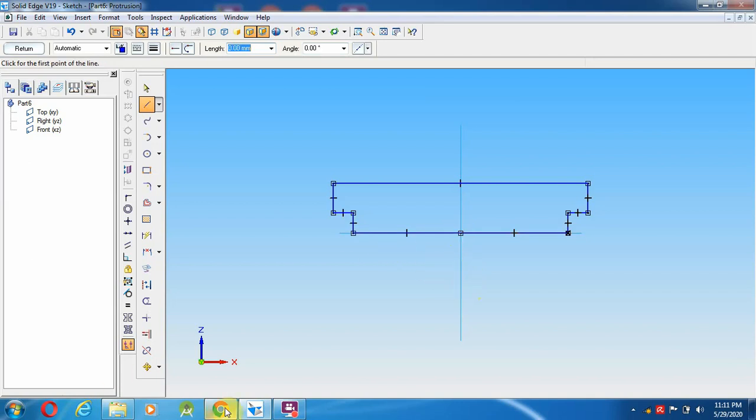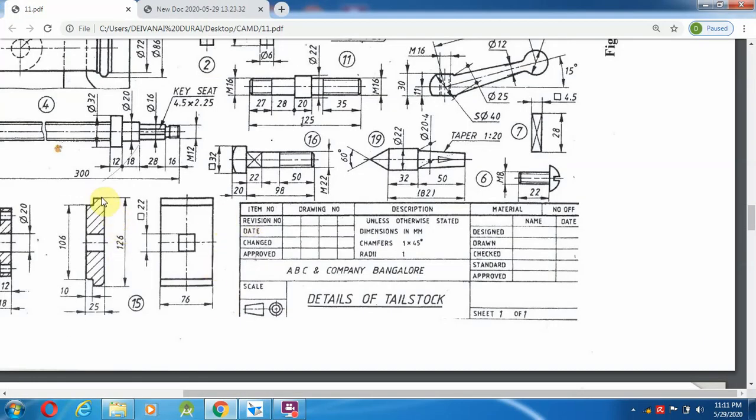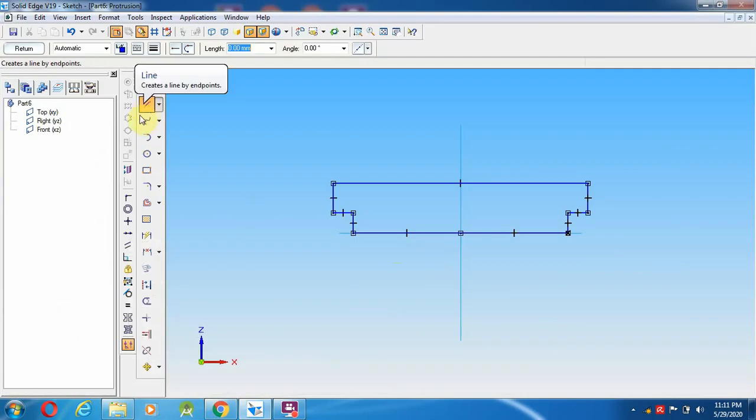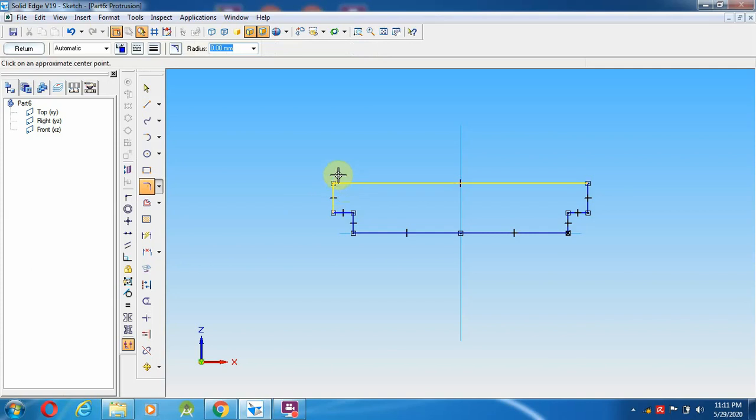So after joining this, we will check it. The top corners they are making with a small fillet option, nowhere it is mentioned, so we can take it as approximately 2 to 3 mm. So go for the fillet option here, select this and this will be 3 mm. Whatever you have given here, same thing you can give here also, 3 mm.